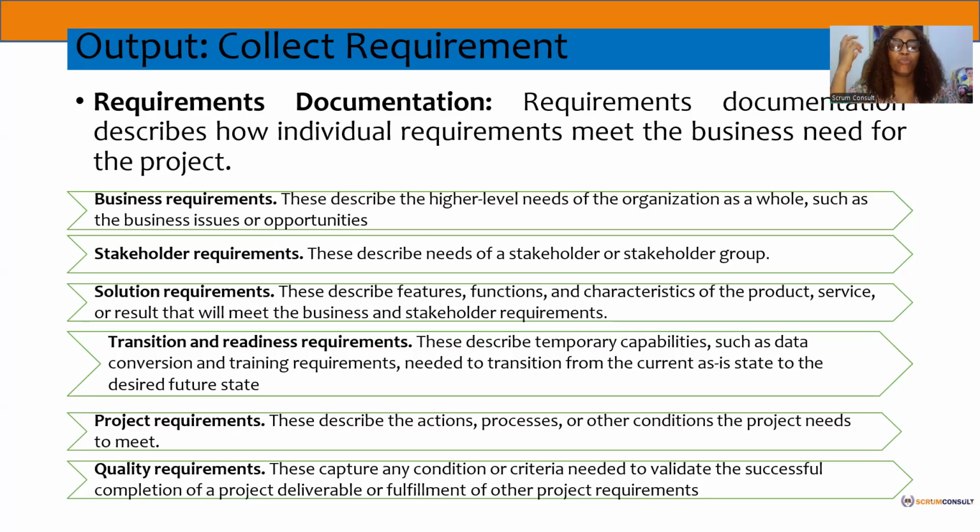You could have your project requirements, which are basically the activities to be done in the project, different from your product requirements. Quality will also have their requirements. Okay, so that is what you have in your requirement documentation. You document and separate all your requirements, stakeholders, their needs, separate everything. There are also what we call functional requirements and non-functional requirements.